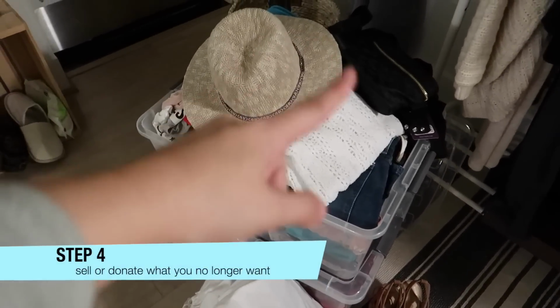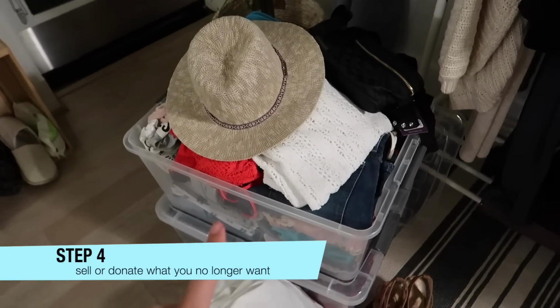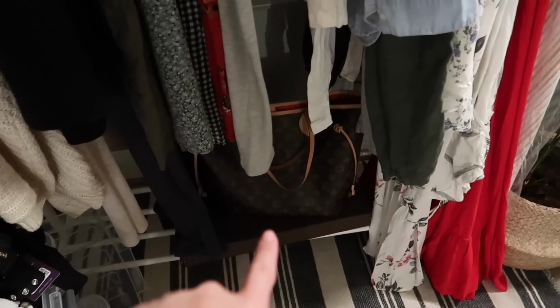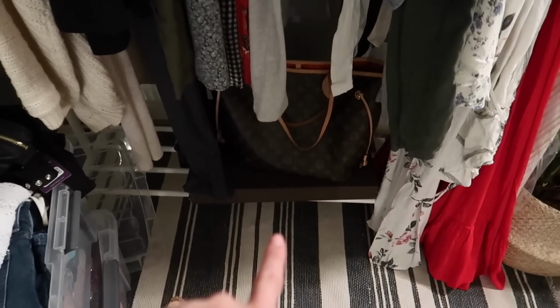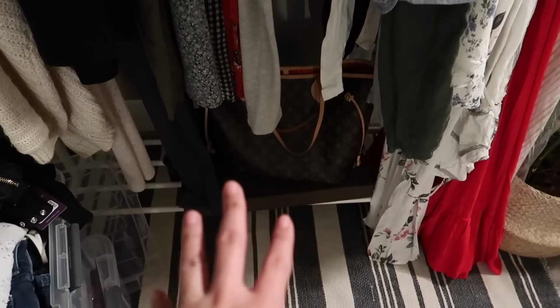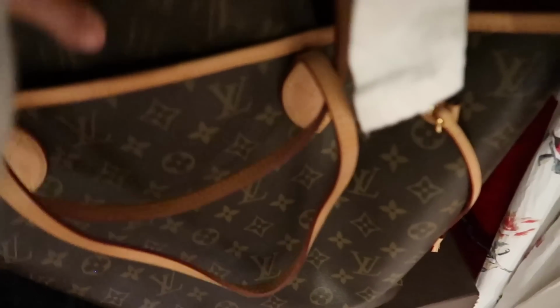Now here is a whole bin of things I'm going to list on Poshmark, and then I have some designer shoes and handbags. I'm going to sell my Louis Vuitton Neverfull as well. I have the original box. The box is a little damaged. The bag is in perfect condition. It even has this detachable pouch, and then I have the dust bag and everything